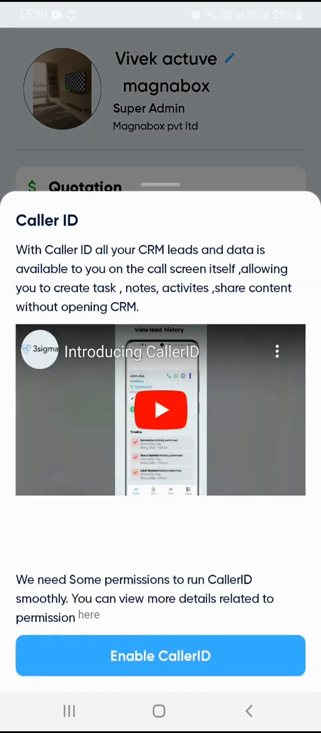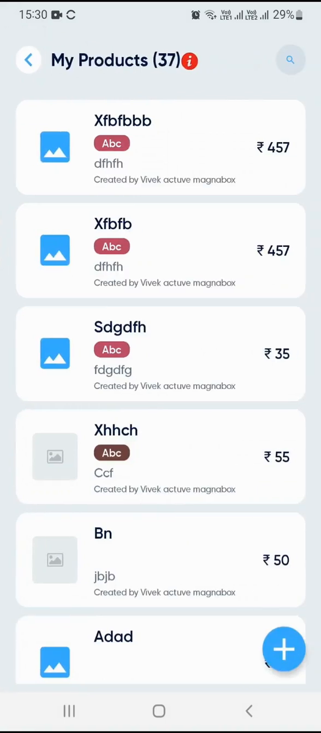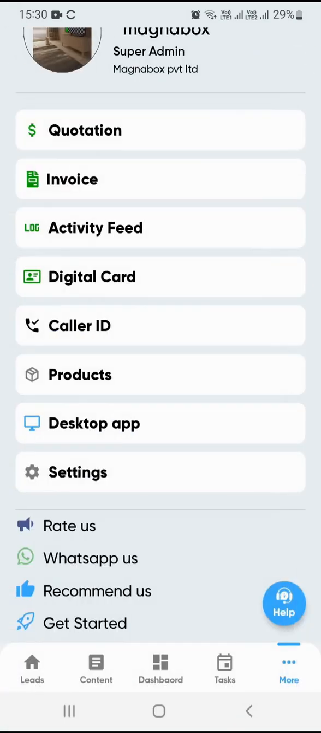Then you've got caller ID. So if you enable caller ID, whenever a call is received or is disconnected, right? You'll be able to add the lead just by tapping the plus button. Okay. Now this is the product section where you can add your products, which you can then use to add